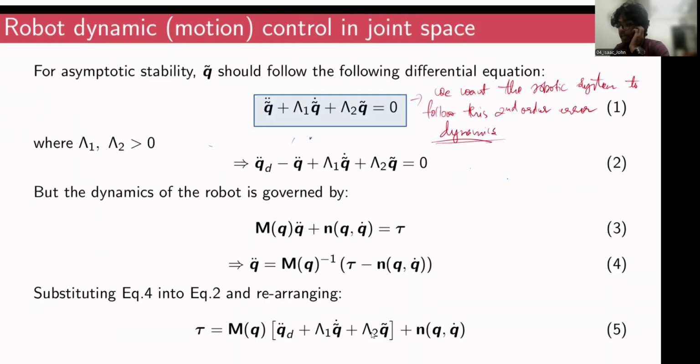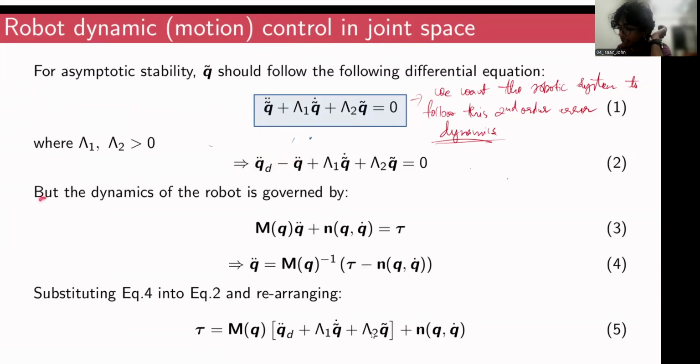So if I rearrange this equation as follows, I am simply substituting q tilde double dot as q desired double dot minus q double dot, where this term is the desired acceleration and this term would be the actual acceleration,